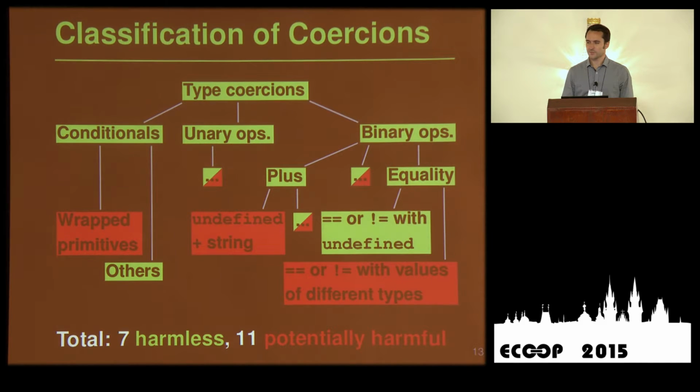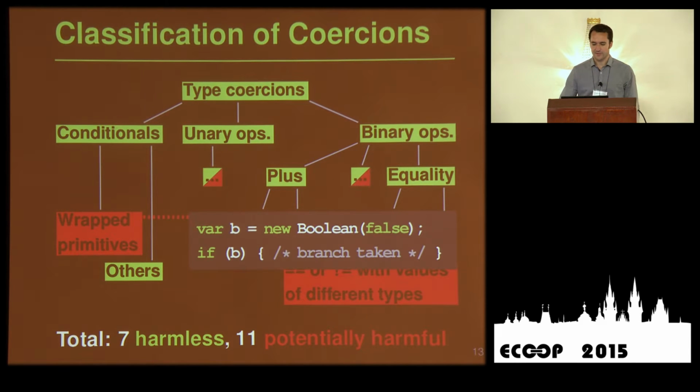So we made this classification based on guidelines and books that tell you which kind of coercions you should probably avoid because they are harmful, based on the similarity of the semantics of JavaScript to other languages, because we assume that developers come from some other languages and may be familiar with some semantics, but may be surprised about others. And finally, it's based on documented experience of developers, for example, blog entries and Stack Overflow questions where people say, well, this kind of coercion causes trouble. So nevertheless, it's not a clear-cut classification, which is why we say potentially harmful and likely harmless, but it's the best we could come up with. So for example, we classify a conditional that uses a wrapped primitive as potentially harmful.